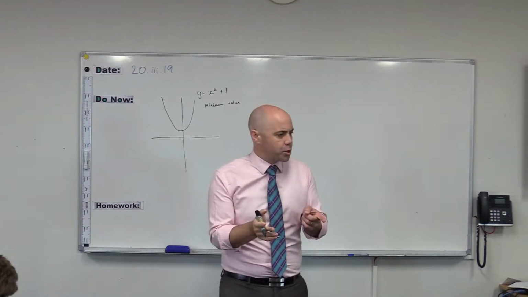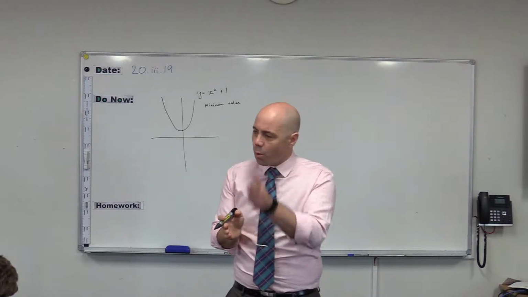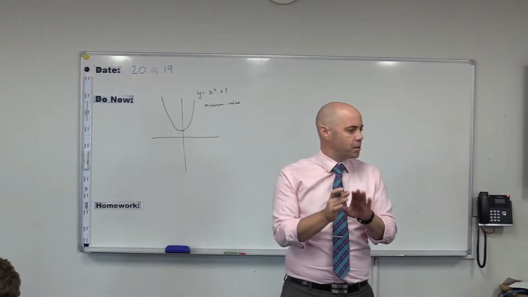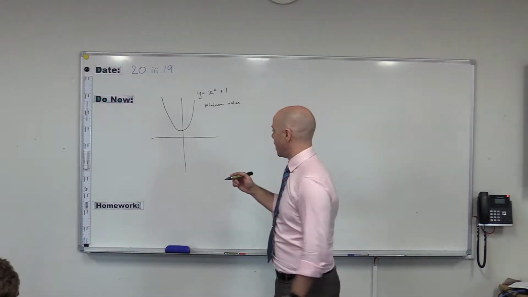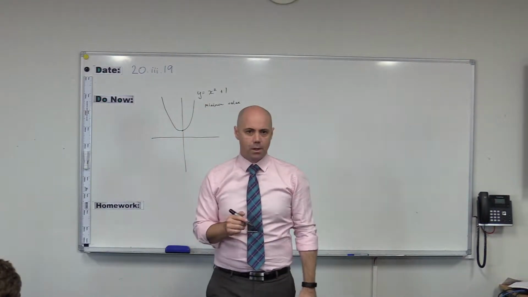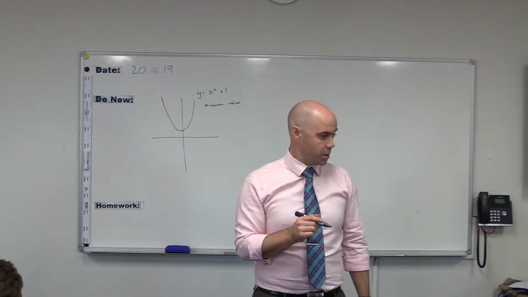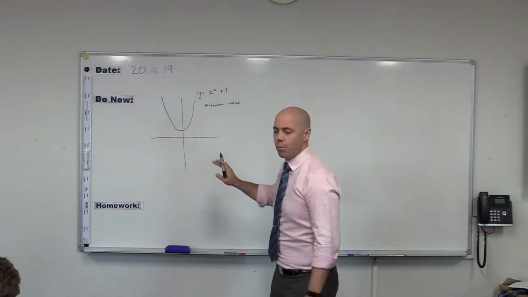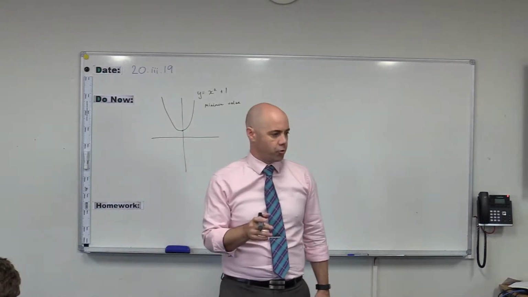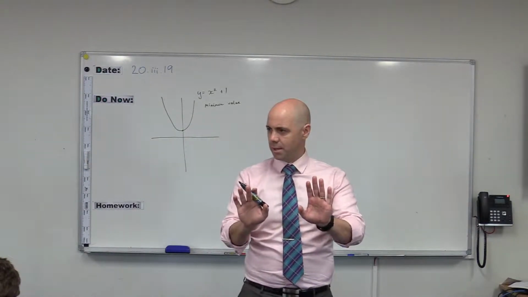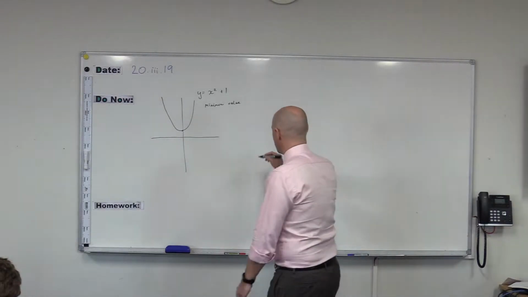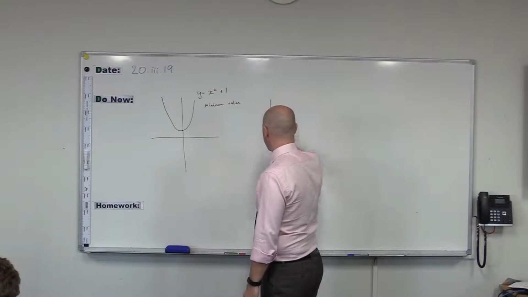But it's good to use that shape to start with, because we can see with the y-axis down the middle of it, that it's a symmetrical function. It is exactly the same on this side of the y-axis as on this side of the y-axis. We see that? Yep. Now if we move our quadratic function anywhere we want to on the number plane, it still remains symmetrical, left and right. It won't necessarily have an axis down the middle, but it will remain symmetrical. So if we draw a quadratic function that looks like this,